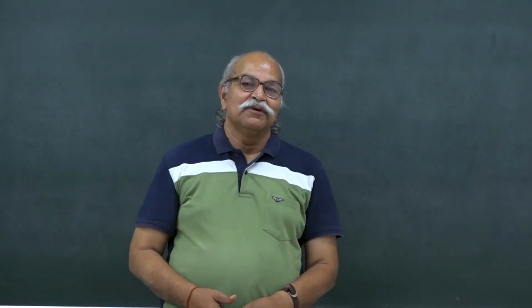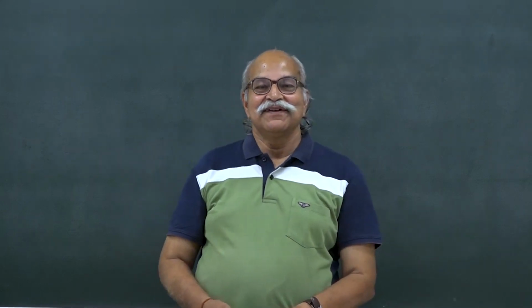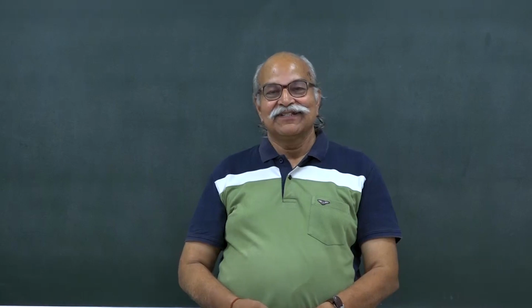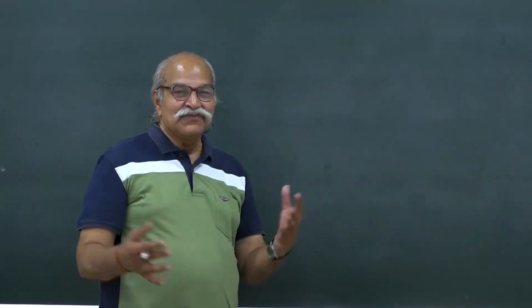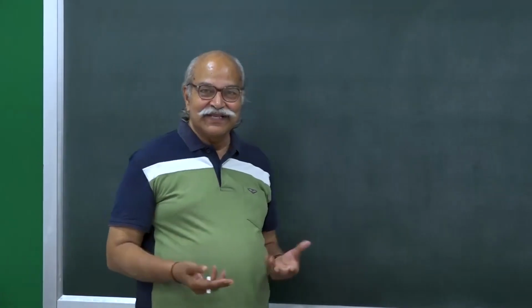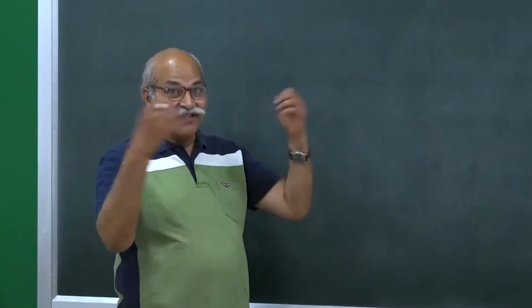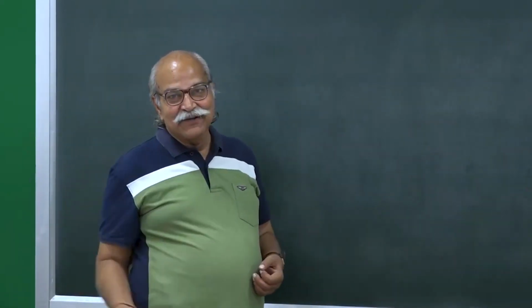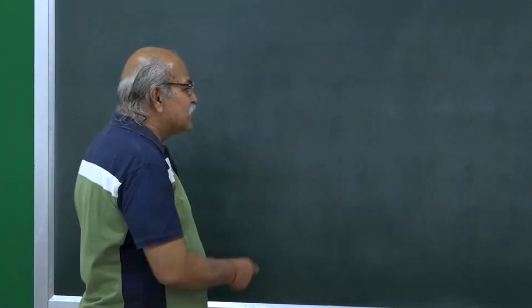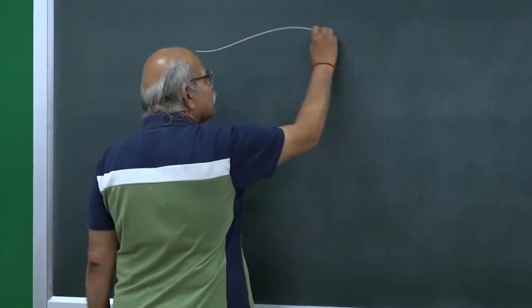So, we talked of volume currents and surface currents, and now it is turn of linear currents, and that is the most familiar current that we use in usual circuits, because there are wires through which the current goes and those wires define a line. So, essentially everything is volume,